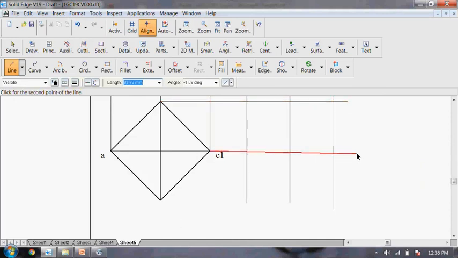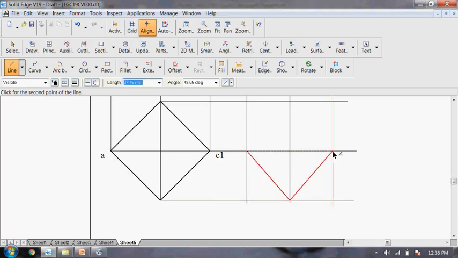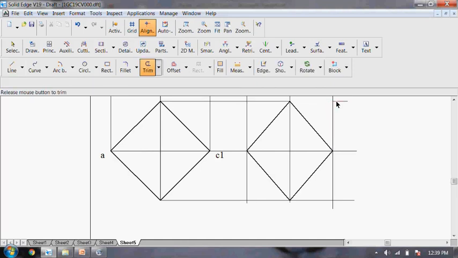It should not be a curved line, it should not be a zigzag line, it should be exactly 0 degree. Then increase the thickness, get the irregular shape lamina: first point A, second, third, fourth, and then first. And then click on trim command, trim all the unwanted lines crossing the boundary.